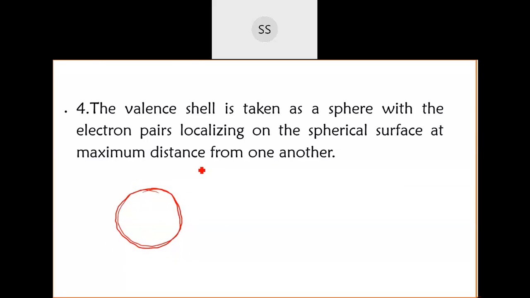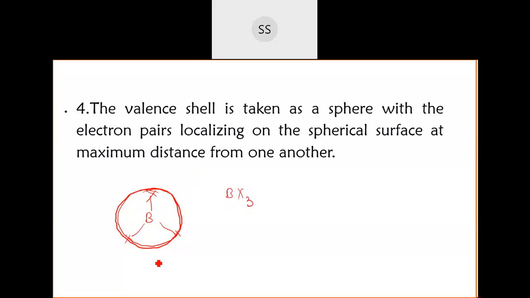They can't get along with each other. You have seen that these electron pairs don't get along with each other. So in this sphere only, they should adjust themselves in such a way that there is maximum distance and minimum repulsion from each other. If you are talking about boron, which forms 3 bonds with another atom, then you place these 3 electron pairs in the extreme positions from each other, like this.